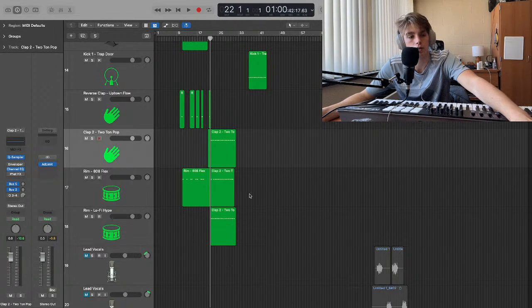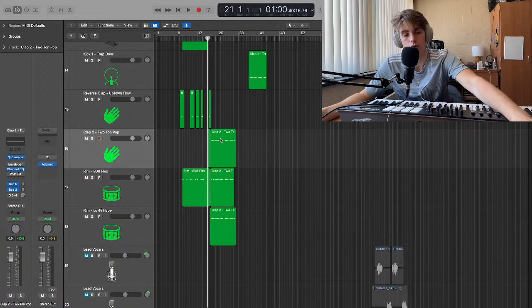Okay, so if you can see where my mouse is, there's these claps right here and these rim shots. So I'm going to listen to them, and then I'm going to probably change the pitch of a few of them, try to make it higher, because I'm not really in love with this low thing that's going on, but we're going to listen to it one time. And that's what you got to do. You just got to listen over and over again to get an idea of where you want it to go. So let's go ahead and do that.